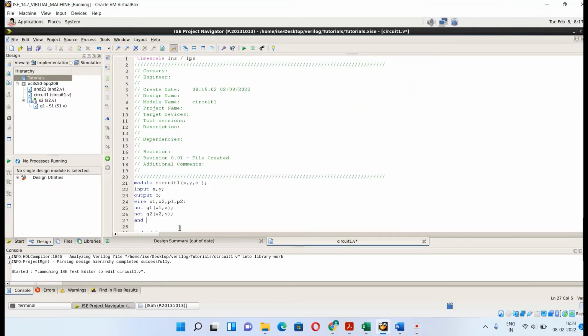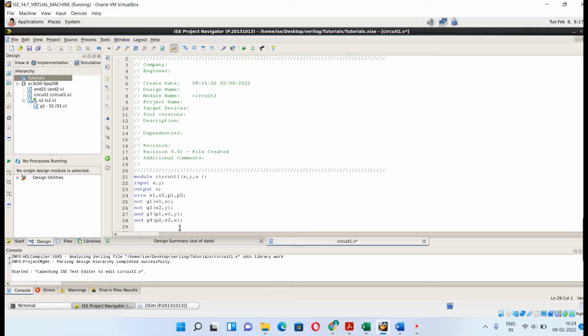We will write and, then in gate G3 the output for AND 1 is P1, and the inputs for this are W1 and Y. And for the second, this is a symmetric circuit. So P2 comma W2 is the first input, and the second input is X, semicolon.